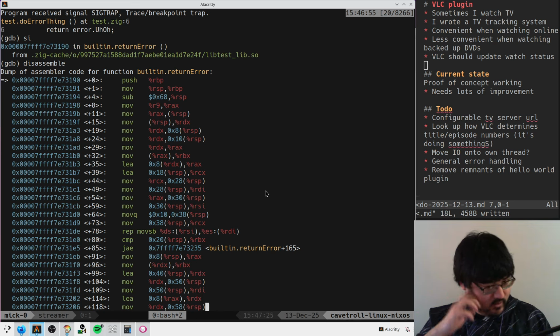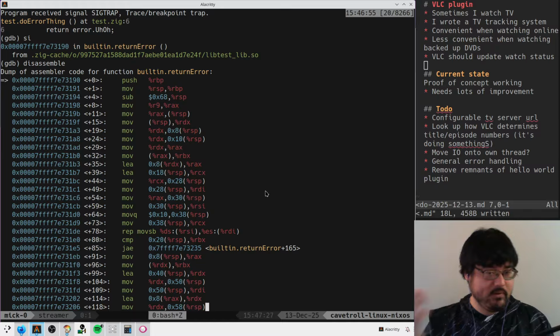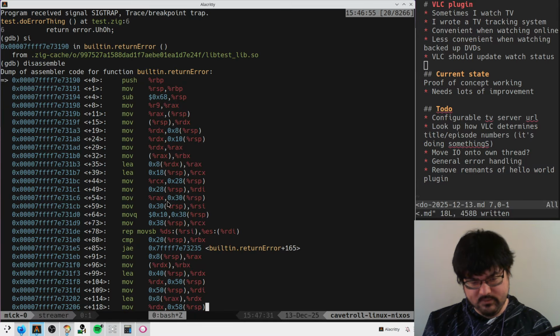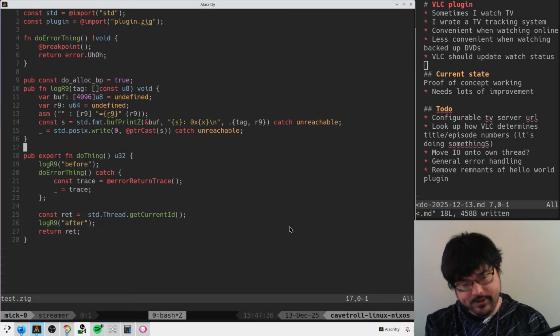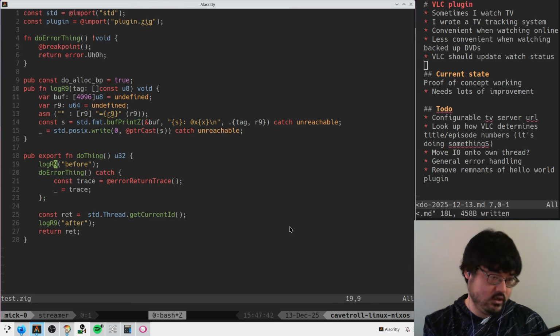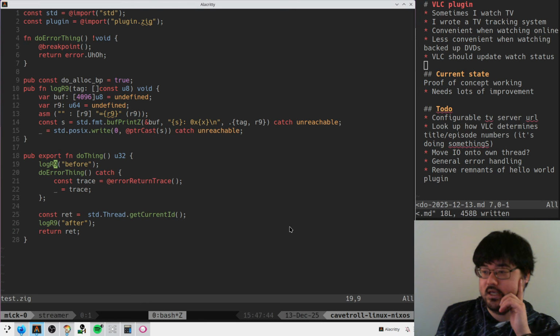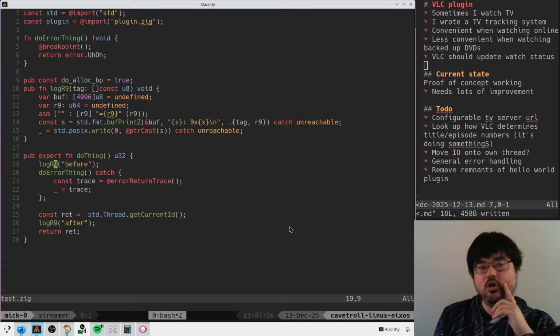Or maybe it's error, I don't know, something like that. It's got to be the trace because it's a dereferenceable thing. It's like a pointer. So I guess we are trying to see, by calling